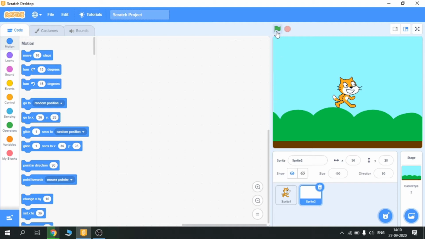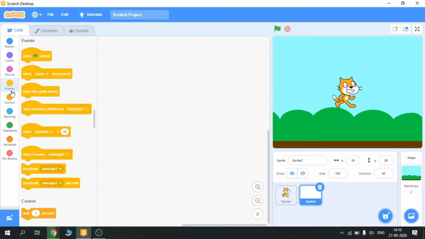So this is the run button through which you can run your program, and this is the stop button when you want to stop your code. Okay, so I'm going to make a very small program, and firstly I'm going to explain to you the very basic syntax and its working.